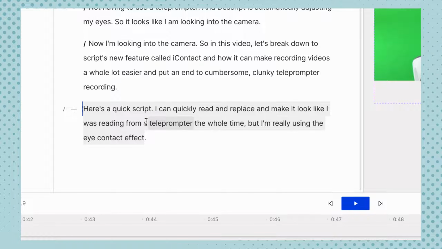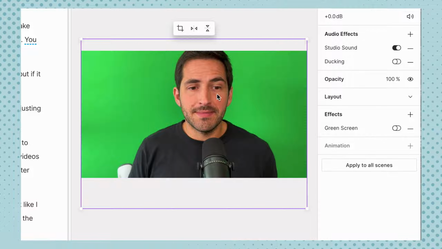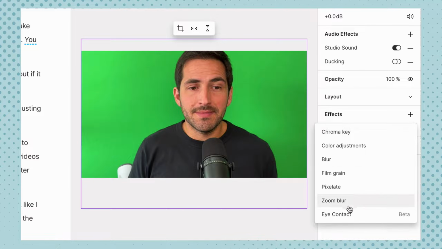So I don't have to delete the temporary text I had. It just replaced it, which is a really handy feature. And then to apply the eye effect, we just select the clip that we just recorded. I don't know why my video is being framed a little bit weird. But anyways, we select the clip and then we go to effects, click the plus sign, and then click